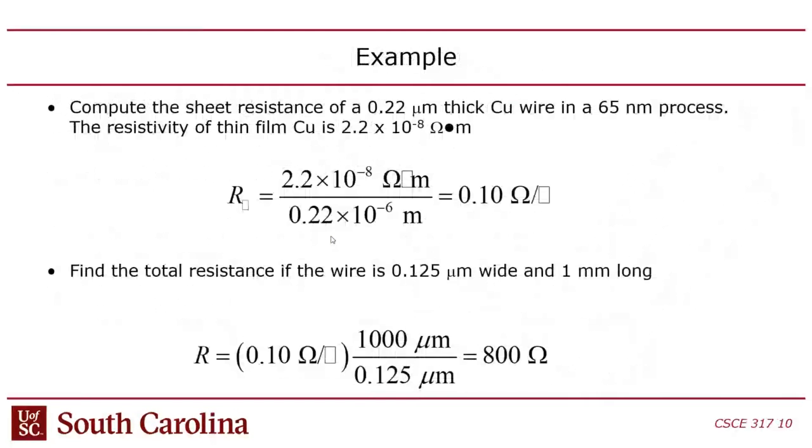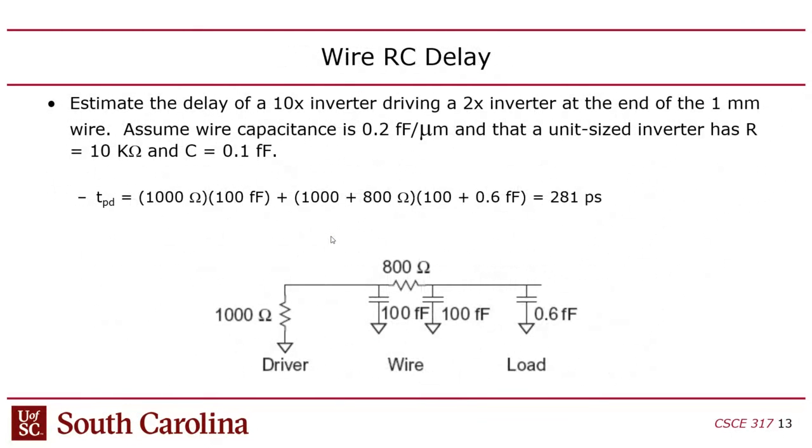Okay, so that's why if we go back ahead to this guy again, you can see that there's an 800 ohm resistor in the middle of the pi model, the pi lump, and then there's two 100 femtofarad capacitors on either side. Now, where do we get 100 femtofarads? That actually came from the capacitance that we calculated,